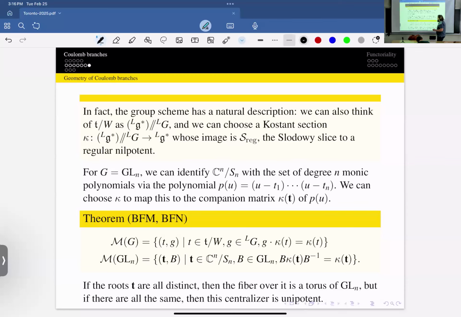And I can think of the Lie algebra mod W as the dual of the Lie algebra of this Langlands dual group, mod GL. And there's this constant section. So there's a map from the T mod W into the dual of this Lie algebra, whose image is a Slodowy slice to the regular nilpotent. If this is all a bit too fancy, you can always think about the GLN case,